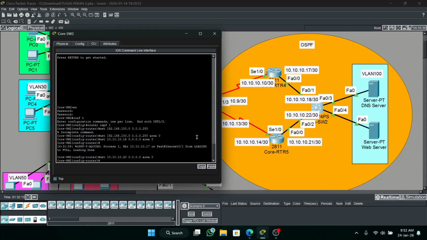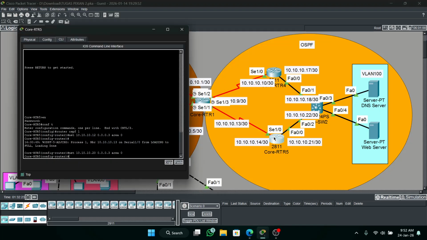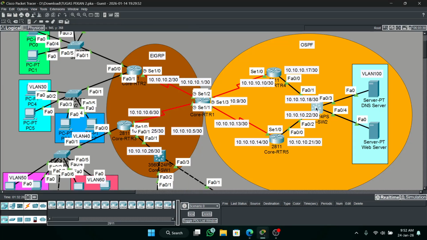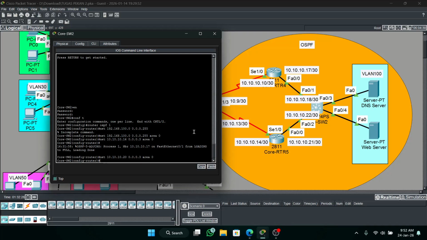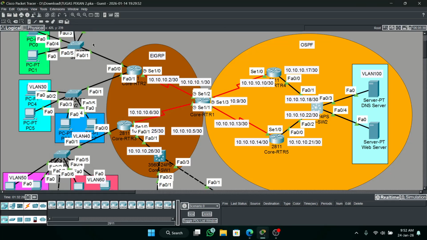Waiting for loading. Wait guys, no loading here. Uh, 20. This is not connected, I think.